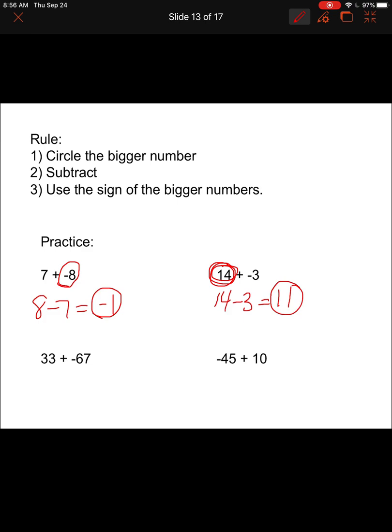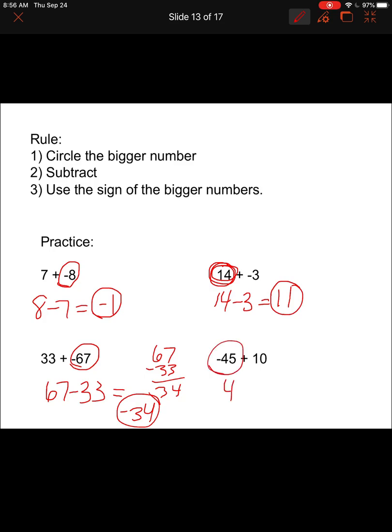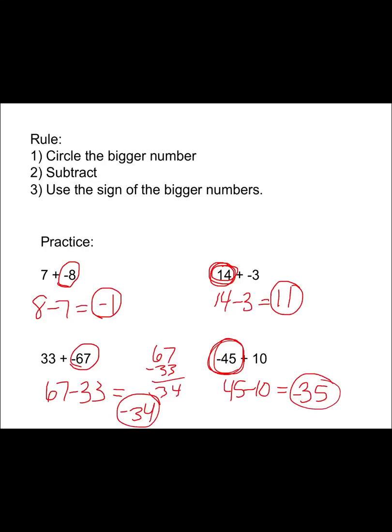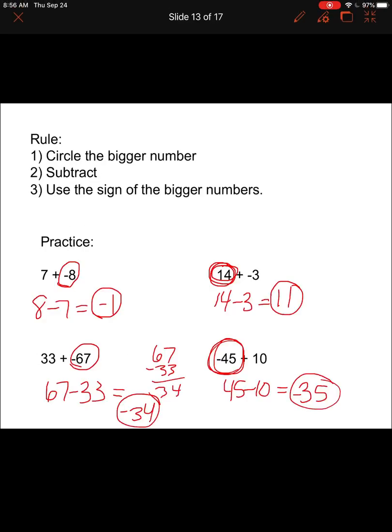All right, so let's take a look. 33 plus negative 67. Circle your bigger number. Subtract. We get 34. 67's negative. 34 is going to be negative as well. Then we have negative 45 plus 10. Circle 45. Subtract, we end up with 35. And then we have negative 45 circled, so your answer is going to be negative 35. And we will stop